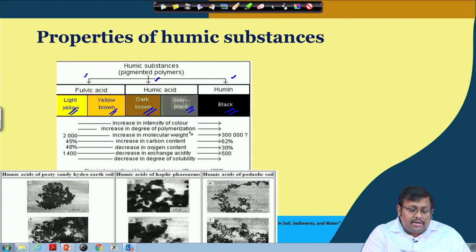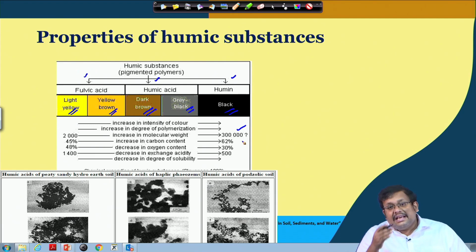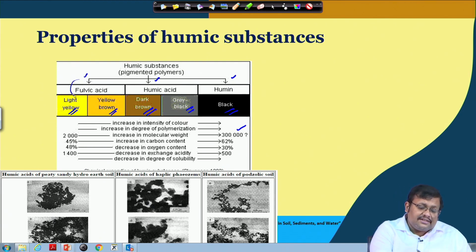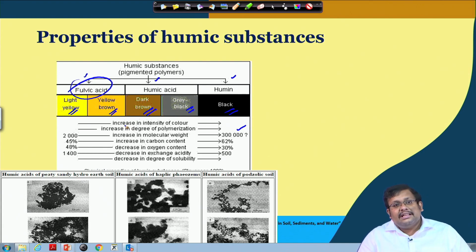And also increase in molecular weight, we have already discussed this point: the molecular weight is less in case of fulvic acid, and it is more than fulvic acid in case of humic acid. In case of humin, it is the highest. And in case of carbon content, the carbon content is lowest in case of fulvic acid. The carbon content also increases from fulvic acid to humic acid to humin, and